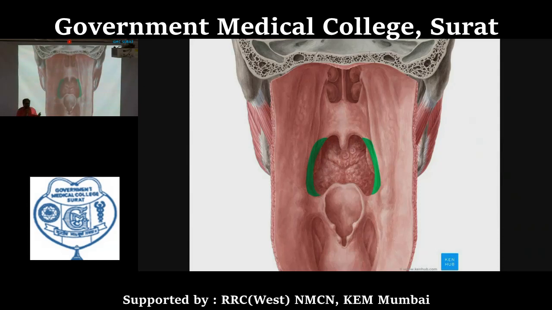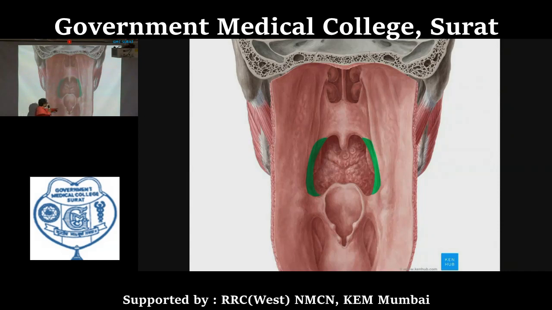Why is it hemi? Because if one side of the internal laryngeal nerve gets damaged, that will lead to anesthesia of that particular side. So it's a hemi-anesthesia, and this internal laryngeal nerve provides sensory innervation to the supraglottic part. So there is consequent hemi-anesthesia of the supraglottic part of the larynx.